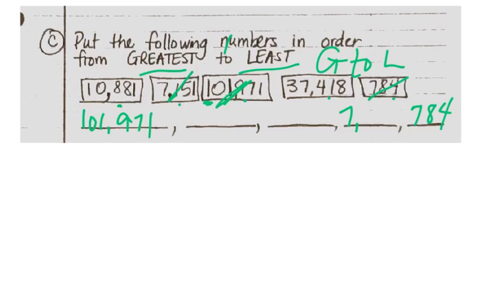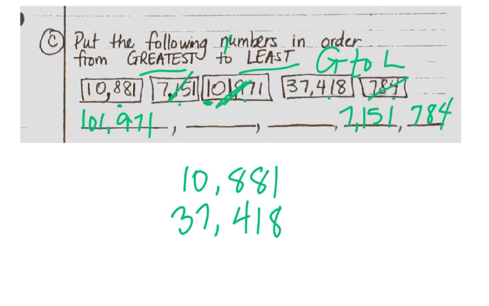So I'm going to put 7,151 here because it has fewer places. It only goes to the thousands place. And my last two numbers go to the 10,000s place. Okay, now I have 10,881 and